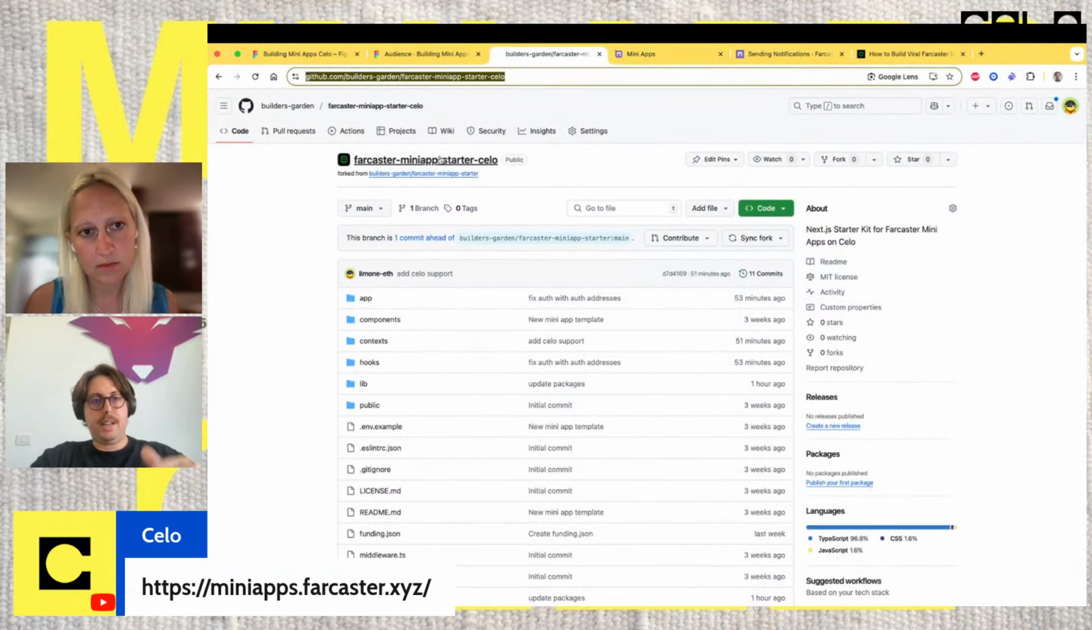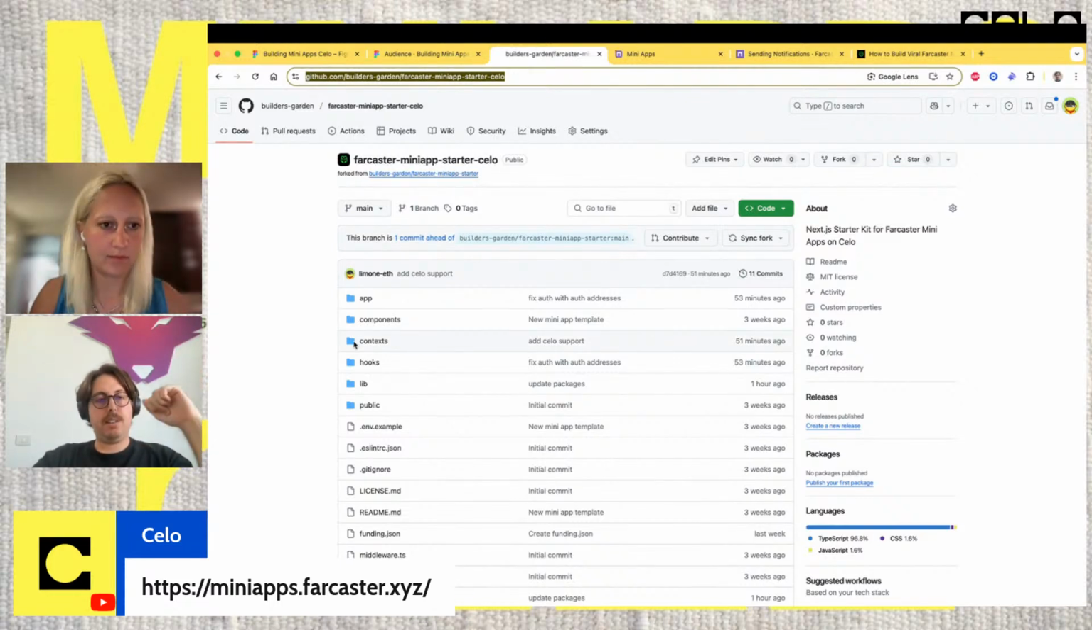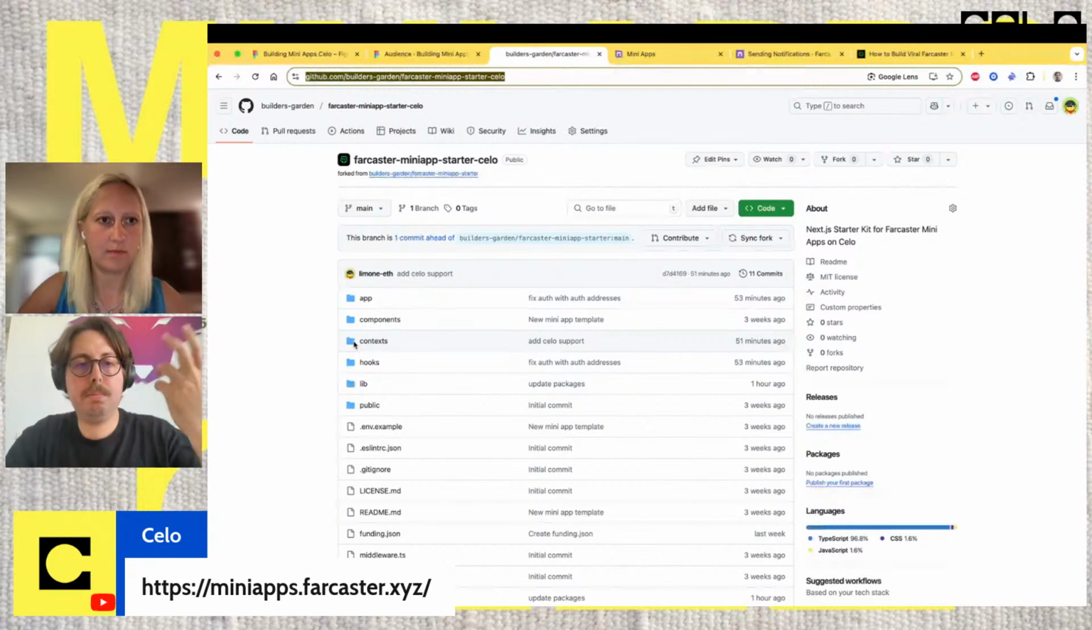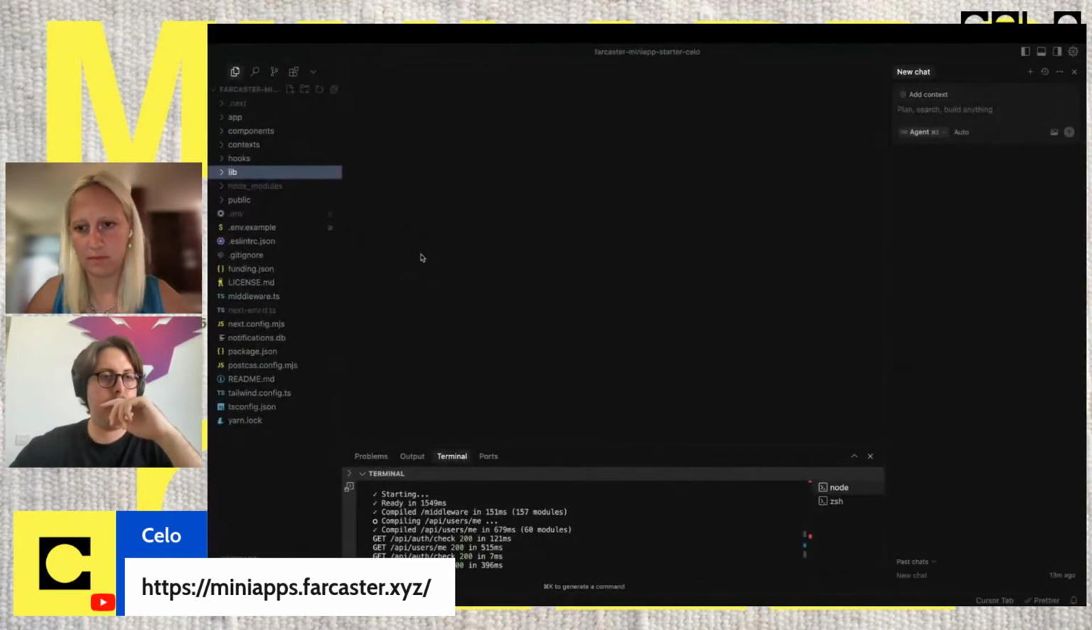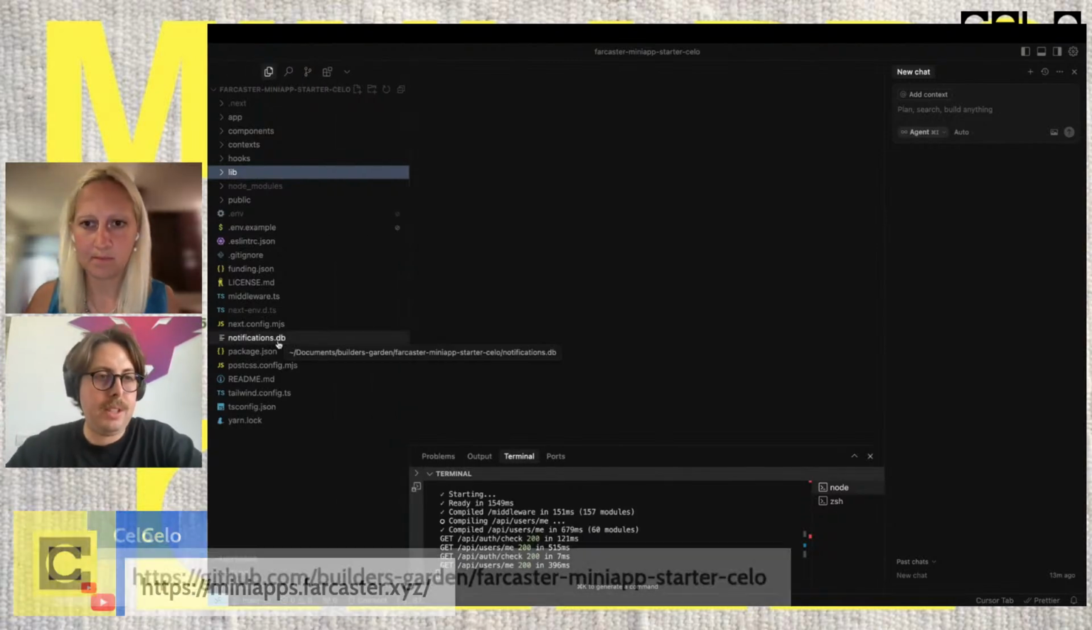And then I built this Farcaster mini app starter on Celo. So this is a Next.js starter kit that you can use to bootstrap your project. Let's get into it. So assuming you are familiar with React and Next.js, we have this